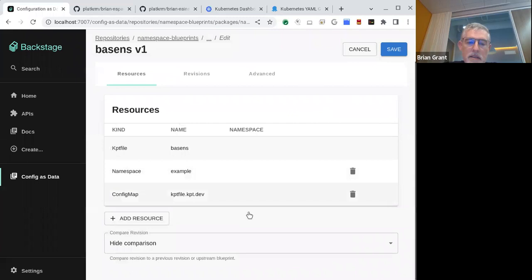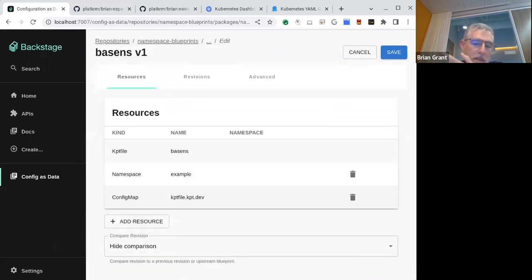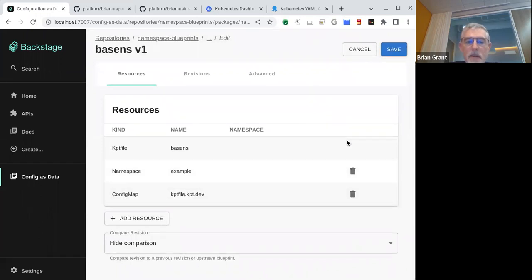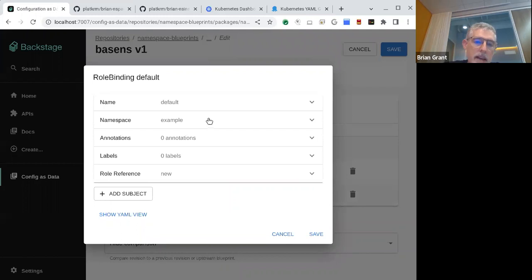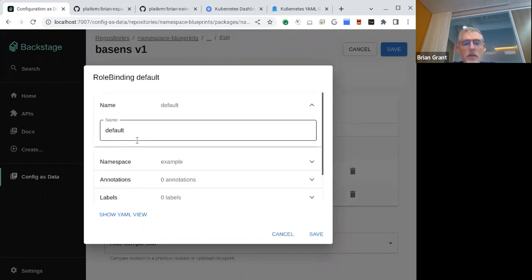But then we can save that. Namespaces don't have a lot of attributes, so that's pretty easy. So we will just leave it at that. And then we need to add a role binding to the namespaces, and we will